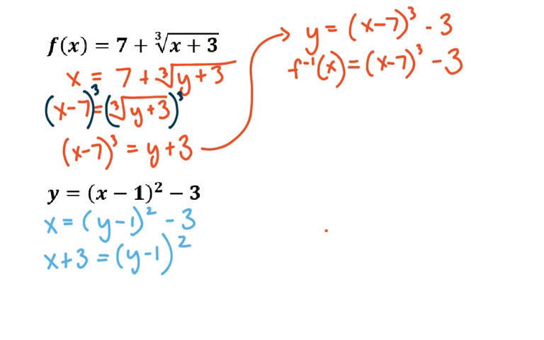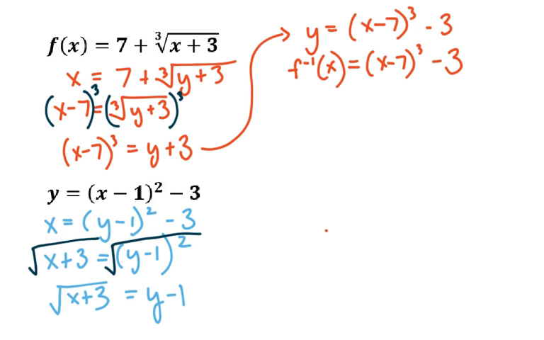To get rid of this exponent here so we can isolate our y, we are going to perform inverse operations again. This time, we are going to take the square root of both sides of our equation. So we are going to take the square root of x plus 3 and the square root of y minus 1 squared. When we do that, it's going to leave us with the square root of x plus 3 equals y minus 1. And our last step here to isolate our y is to add 1 to both sides,